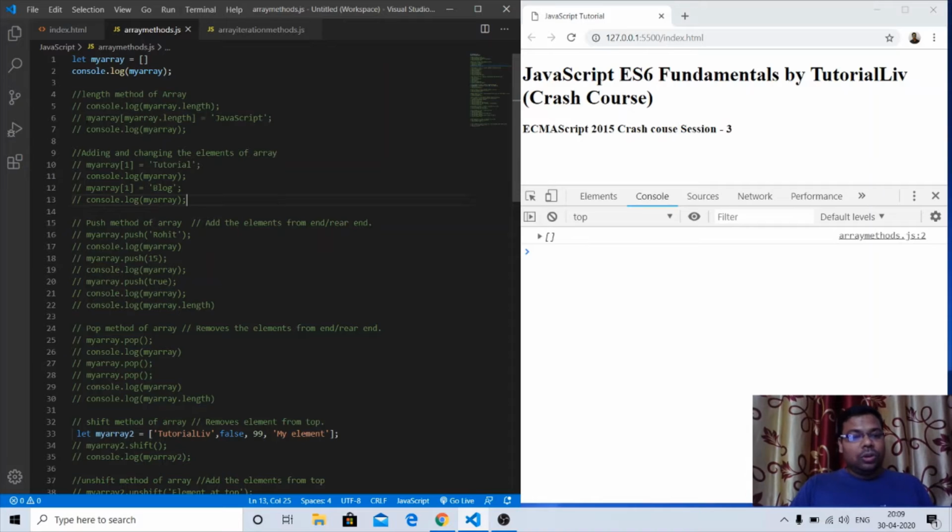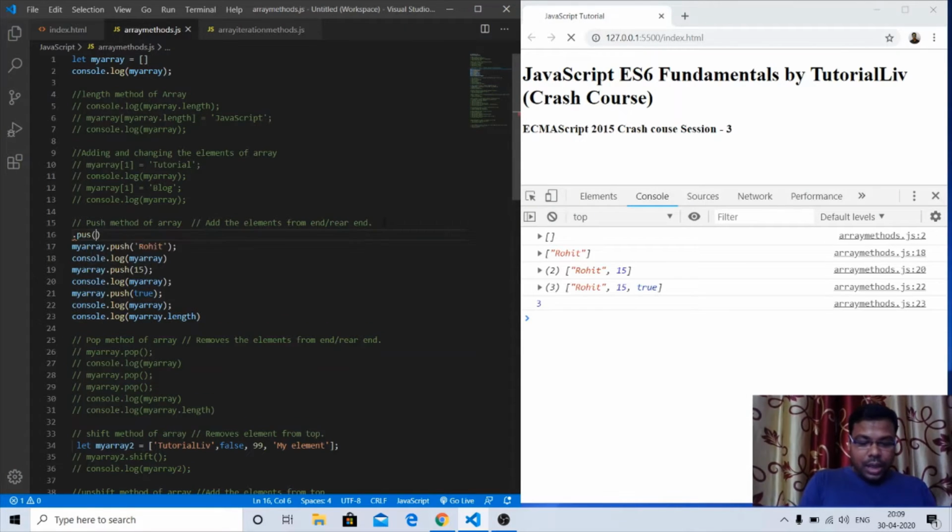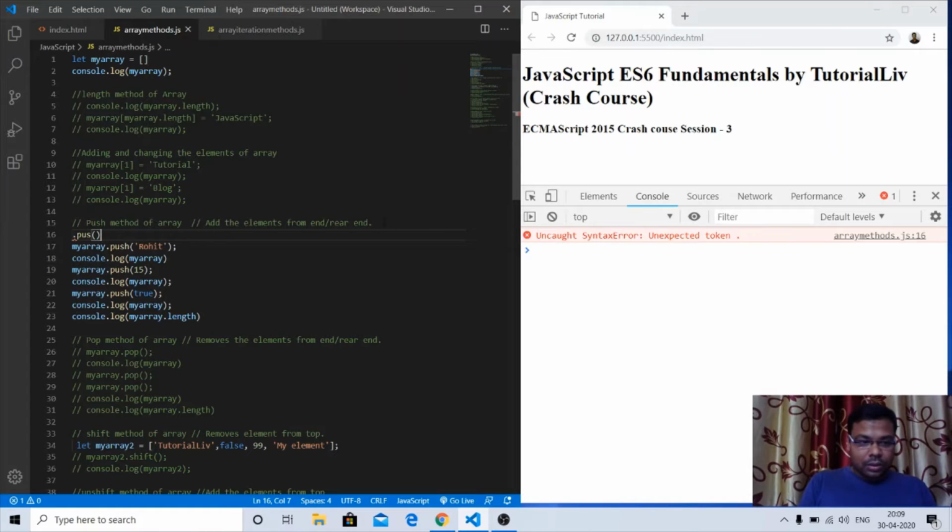Now as I told you, this is not the right way or the recommended way to add elements in the array. We have been provided with the push method by JavaScript to add elements in the array. So we'll see how we can use the push method. The syntax is something like that: dot push and the value that I want to add in single quotes if it is a string value, or if it is a numeric value, we can use it without single quotes also.